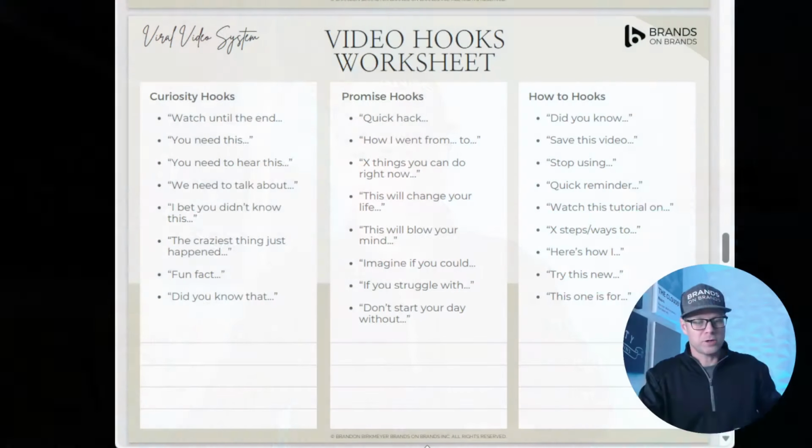And I break them into 3 groups. The first group is curiosity hooks. These are things where you say, okay, what can I say that's going to make people want to wait till the end of the video? The second is called promise hooks, which is you saying, hey, this is going to help you have this kind of transformation. Just listen. And the third kind of hook is a how-to hook. It's here are 3 ways to get this thing done. So here are some examples of those right here in the worksheet.